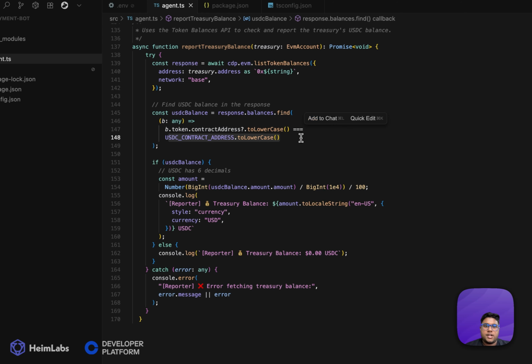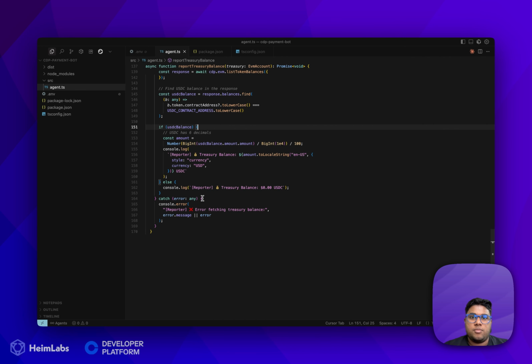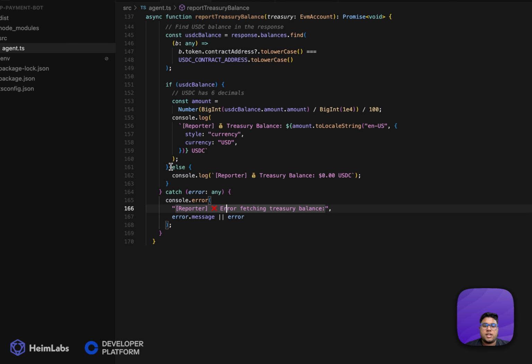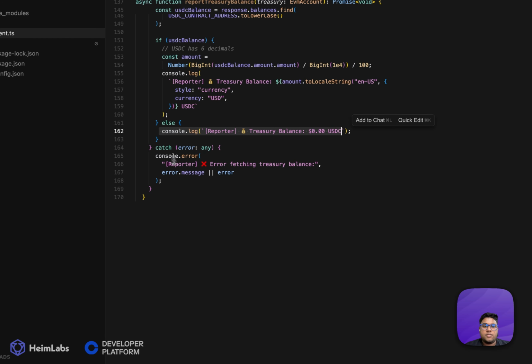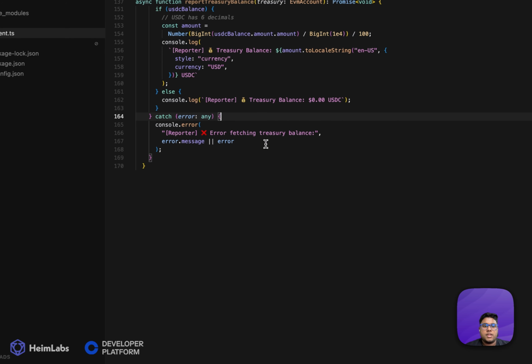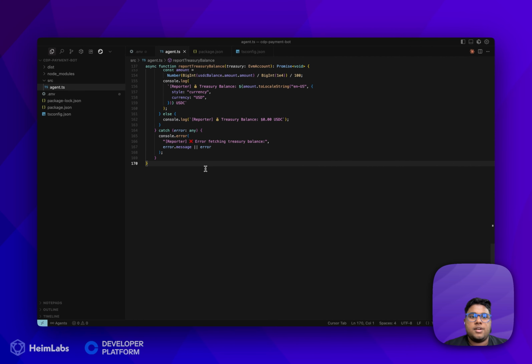And if there is a USDC contract address and it contains a balance, we'll parse that balance properly and make sure that it shows up in the console. The function is able to recognize how much USDC was transferred to the account. Once that is done, we have the else block, which shows that if there is no USDC contract address, it means the treasury balance is still zero USDC. After that, we have the catch block where we make sure that if there are any errors, they show up in the console. So once this is done, we have the final function, which would process the fee for the